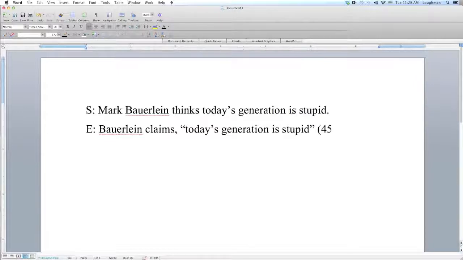I'm not saying he actually says this, it's a fake quote, but if your statement, hey, Mark Bauerlein thinks today's generation is stupid, and then your example is Bauerlein claims today's generation is stupid, they're too similar. Your statement and example are too similar. You don't need a whole paragraph to prove it. All right. Instead, you might want